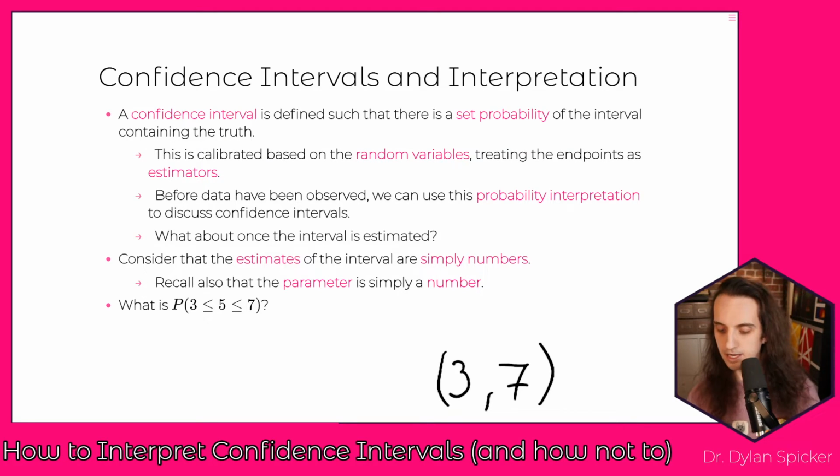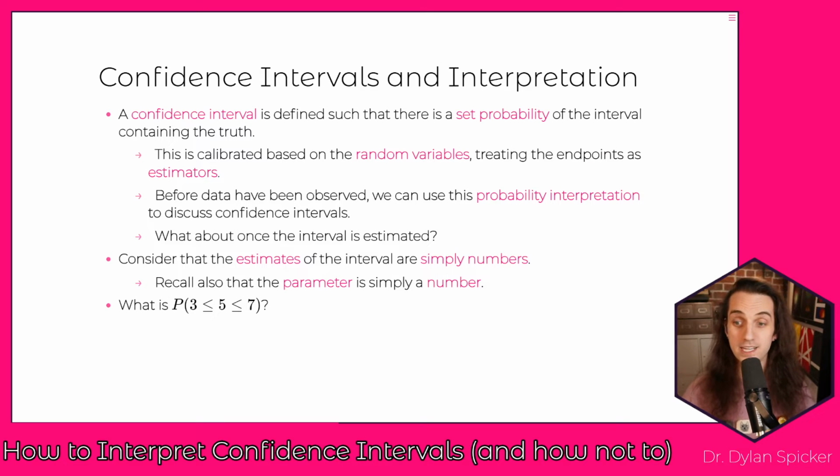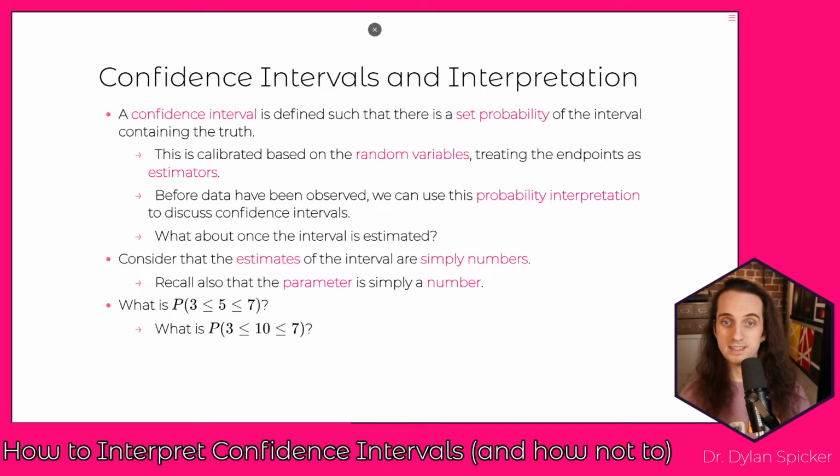And while we don't know it, perhaps the mean in the population is 5, right? And so then what we would really be asking by saying, well, what's the probability that the mean is in the interval is, what is the probability that 3 is less than or equal to 5, which is less than or equal to 7, right? What's the probability that 5 is in this interval? And the concern here is that if we just look at this statement, well, 3 is less than 5 and 5 is less than 7, and so this probability has to be equal to 1, right? This first probability here is exactly equal to 1 because it's true, right? This actually happens. 3 is less than 5 is less than 7, so that's equal to 1.